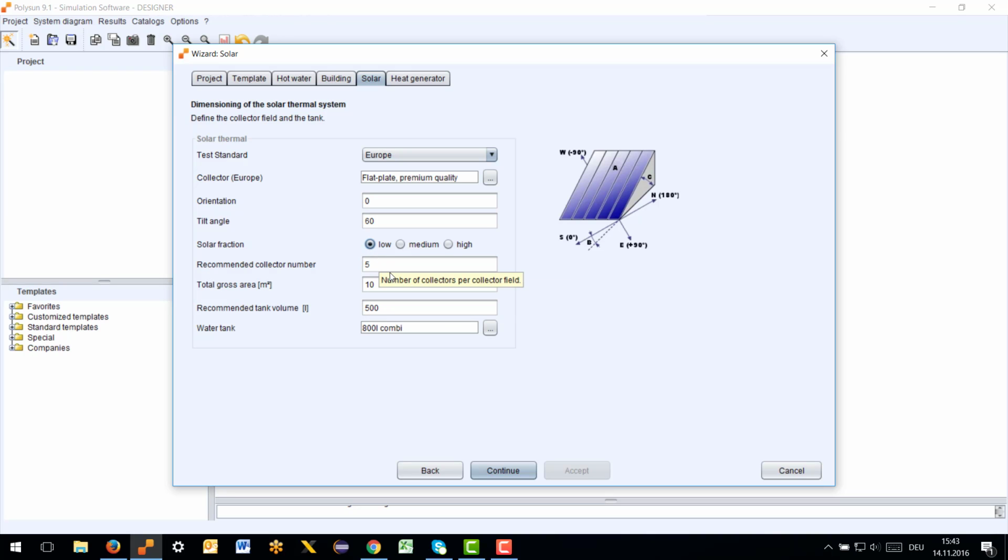If you rather want to have a low fraction, Polysun recommends 5. Whenever you have a different opinion here, you can also say no, 5 is not good because of a pressure drop, and with 7 I have the same issue. You can also go with 6 collectors, which equals a cross area of 12 square meters, and Polysun also recommends